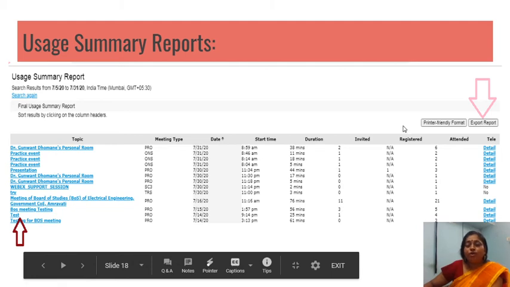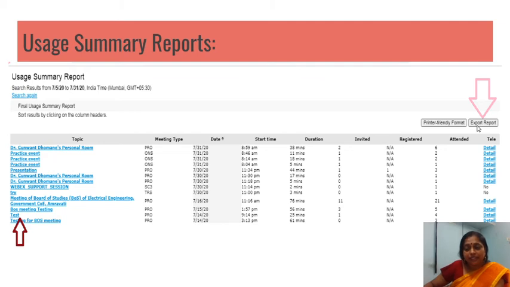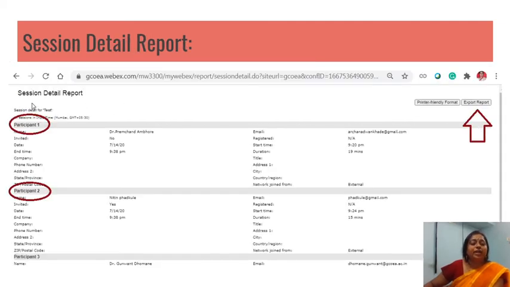Now if I want to see a particular attendee or participant in my lecture or meeting, suppose here I have given an arrow as a test. If I have to see how many participants were in this test, then by clicking this export report you get the session detail report.